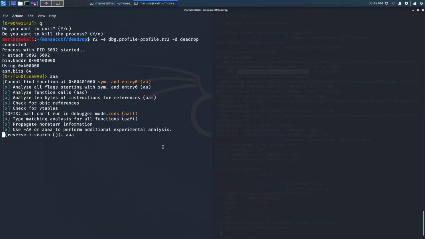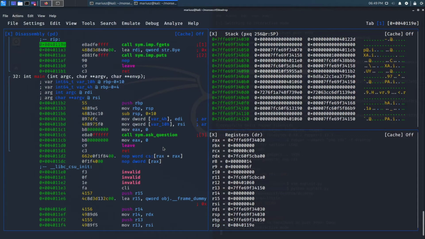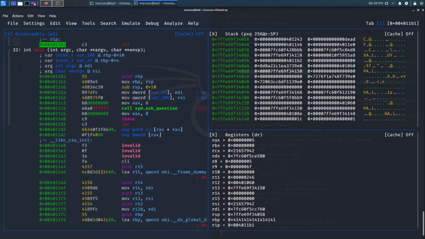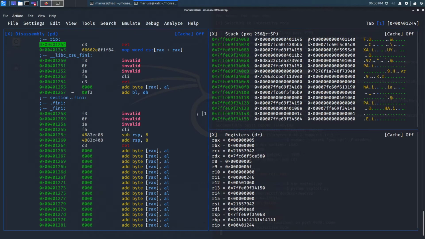So I'm going to analyze all the things, break at ask question, and then visualize. So jump, jump, jump, jump, jump, jump, jump. And then the stuff gets loaded on the stack, including dead. And then we return to this address, which happens to be pop RDI. Who would have guessed? Well, that's exactly what we wanted. And now the thing at the top of the stack is actually dead. So as soon as we go over this instruction, watch as the RDI register changes and the dead gets consumed off the stack. So next, and dead is gone,